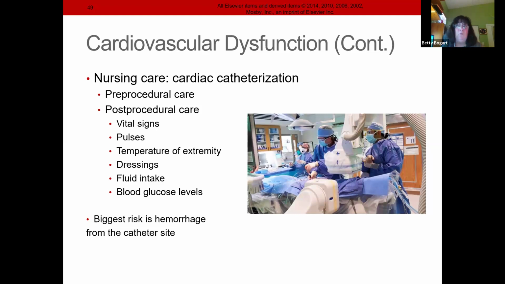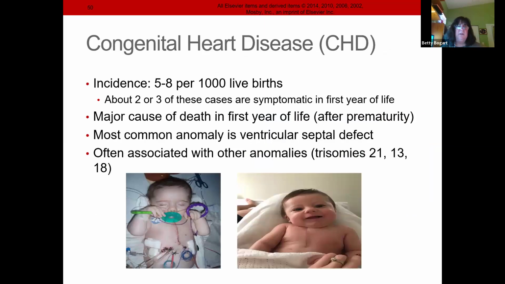You need to keep that right leg straight for 24 hours. They need to be on bed rest 24 hours. Slowly raise the head of their bed. And they can have IV or PO depending on what they're looking for, okay? And of course, vital signs, checking pulses. And you're going to have some decreased pulses, but just document and pass it on and report exactly what you're feeling, okay? And of course, again, do that blood glucose.